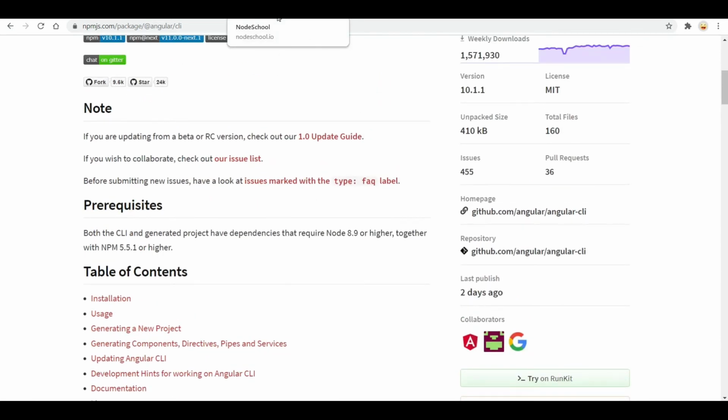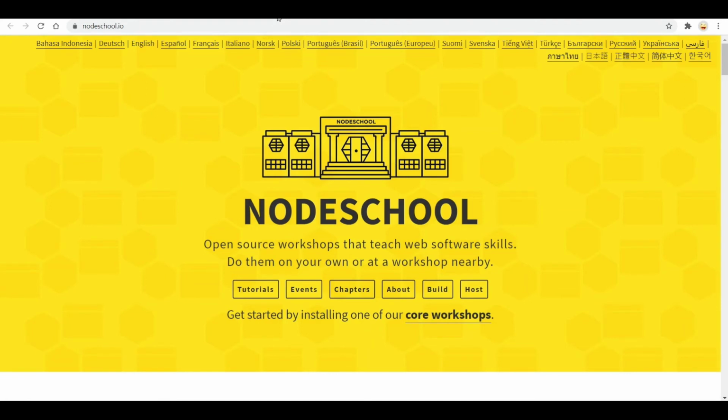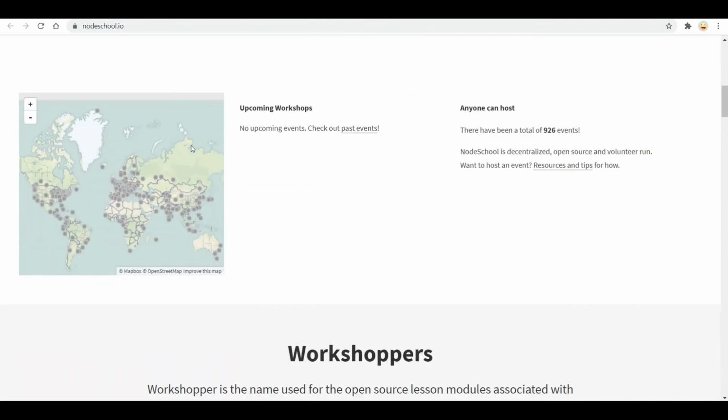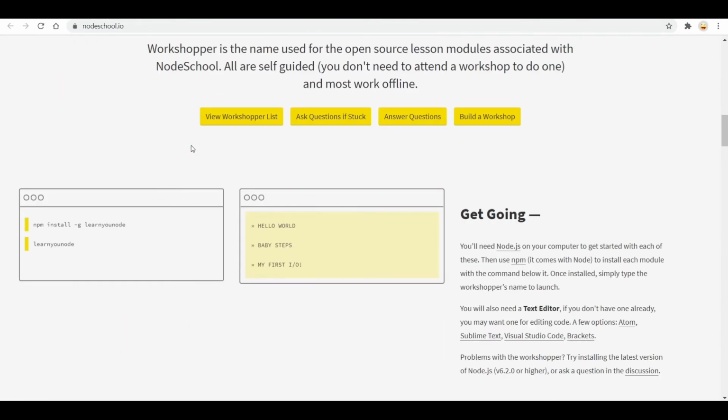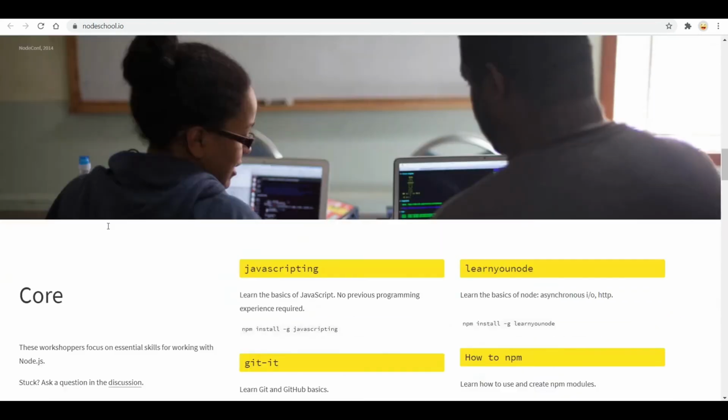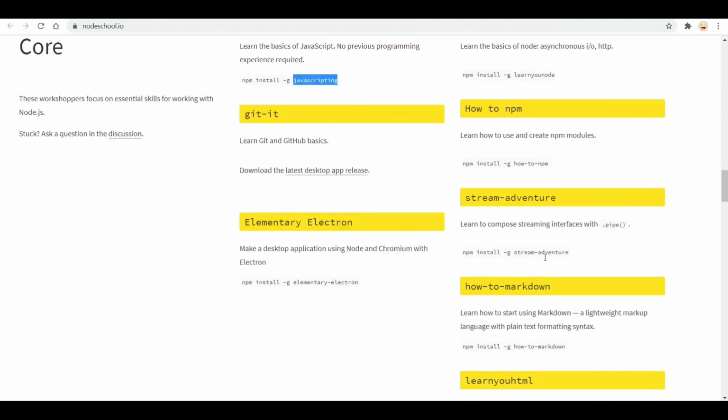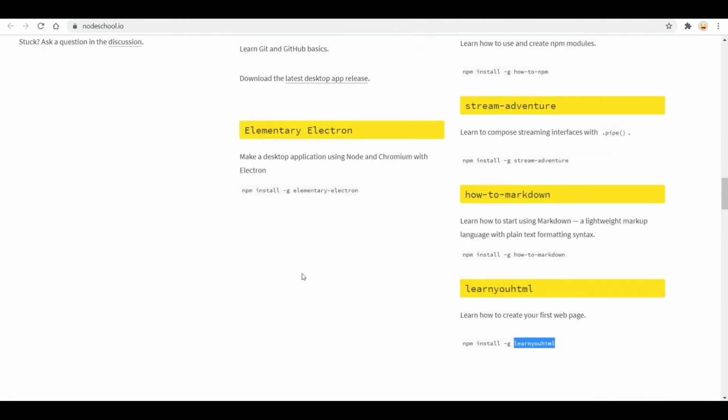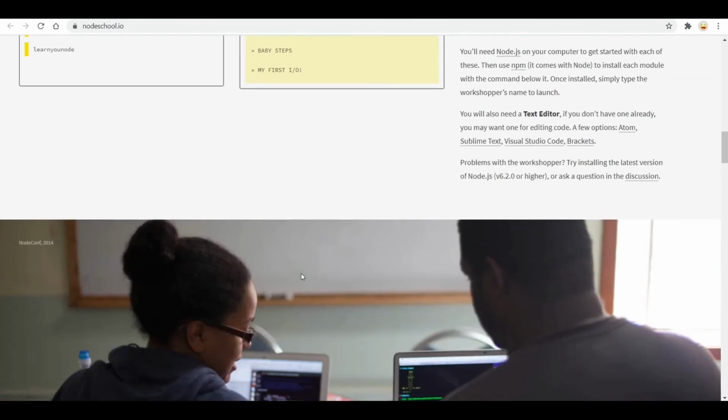Now let's go to Node School and let's see what Node provides here. So you will learn a lot of things here. You can install packages like learnyounode, javascripting and learn-html. So it will help you in learning Node, HTML or JavaScript.